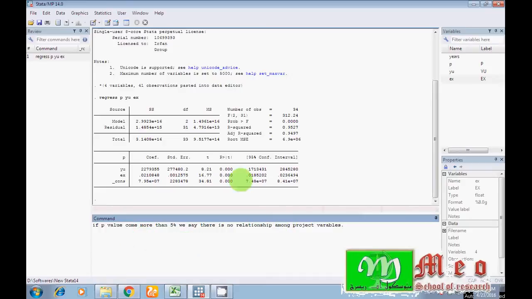You can see the probability values of my independent variables.